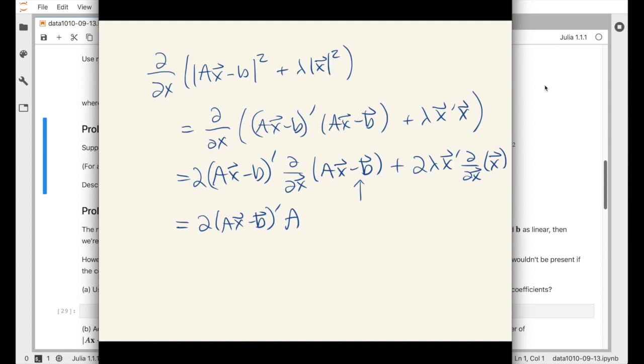If you differentiate a constant, you get 0. And then this second term becomes 2 lambda x transpose. So we can simplify this a bit and say that when we distribute the transpose and multiply this out, we get